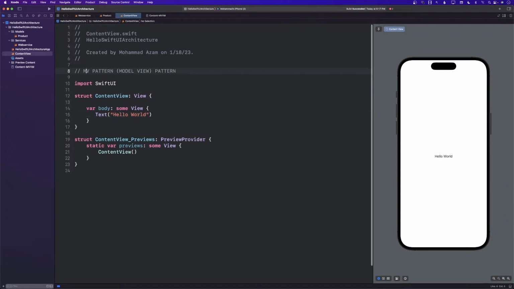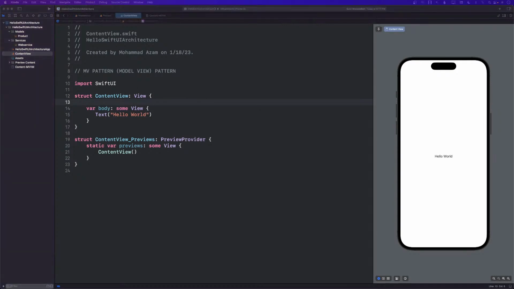Okay. So now we're talking about the MV pattern. And MV pattern basically suggests that there is not really any need to create a view model. Okay, so let's create the same exact app, but this time we're going to use the MV pattern. And again, there are so many different variations of MV pattern, so I'll show you a couple of those. It really depends what kind of app that you're building, but let's go ahead and try to use MV pattern in one of the ways. So this is actually the more common way that I would use it.